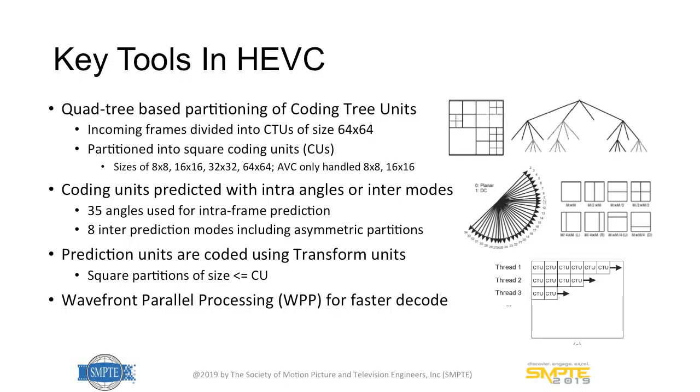So when I say it's a little more complex than the previous generation, I'm not just pulling it, right? It really is significantly more complex. One of the things that was done as part of the standard to enable easier decoding of the significantly more complex standard, especially also for 4K, was a feature called wavefront parallel processing, through which you can actually go to a faster decode line by line. Again, like I said, if you lost me, don't worry about it. It's just a high-level idea of what we have, right?